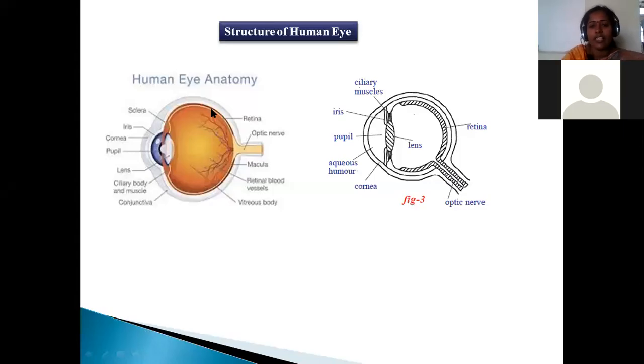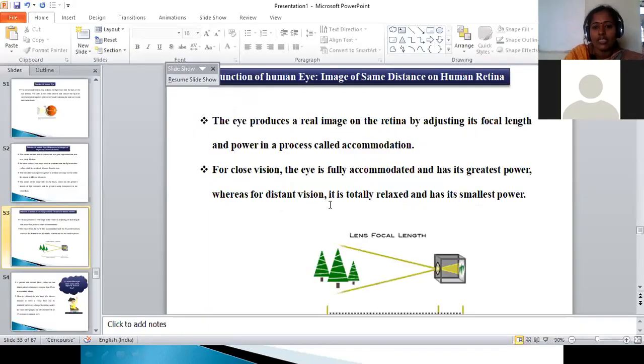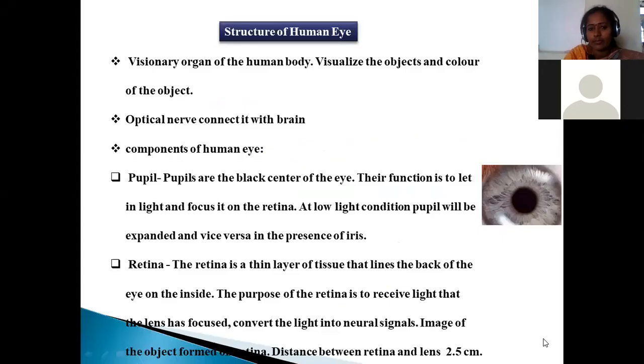Now let us discuss the various parts present in the human eye. One by one we are going to describe them in detail. Already we know the human eye is a powerful organ which is able to observe all the things present in our surroundings and visualize whatever is present in the visible region. The optic nerve is a device which connects our eye with the brain, where all the objects seen can be analyzed by the brain.